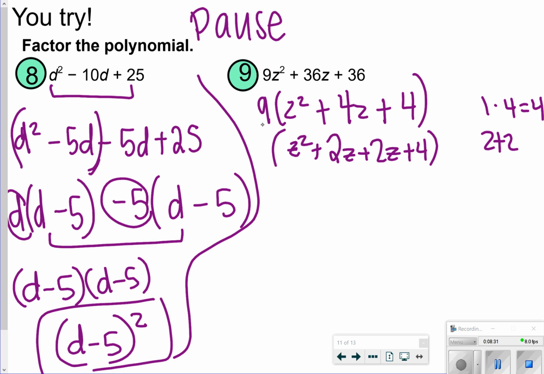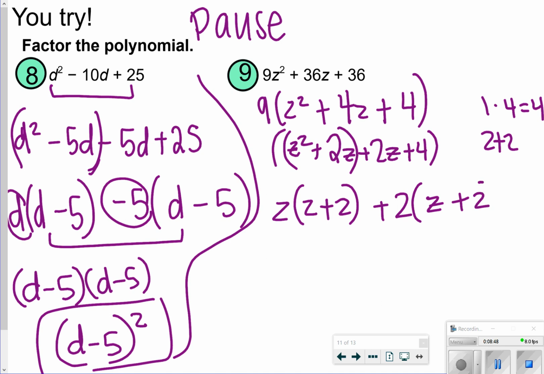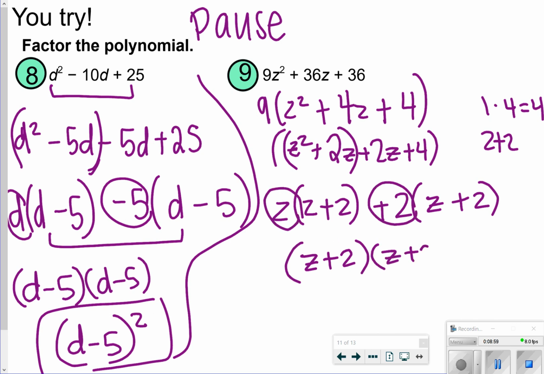I'm still going to remember my 9 at the end. This first one, I can factor out a z. So I'm going to have z plus 2. And the second one, I can factor out a positive 2. So I'll have z plus 2 again. So notice again, I have z plus 2's as my matching binomial and z plus 2 as my other part of my answer, which means I will have z plus 2 squared,